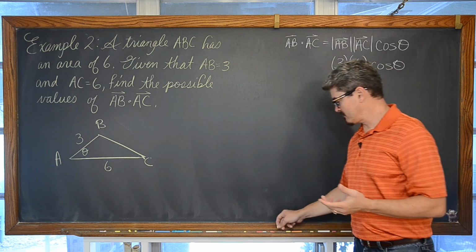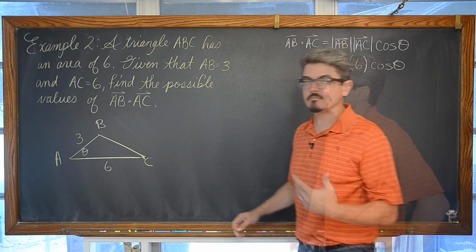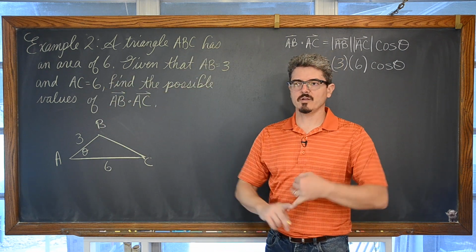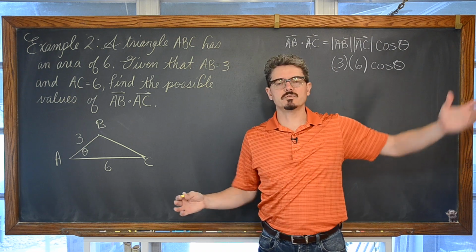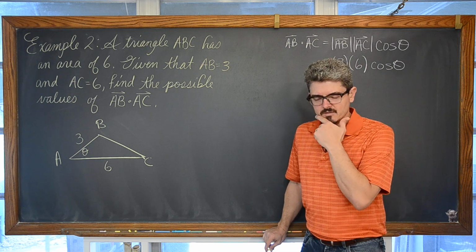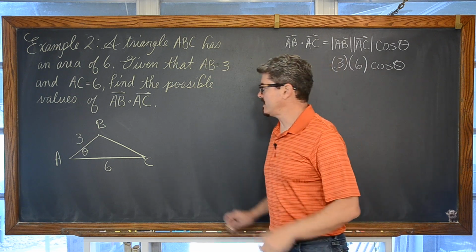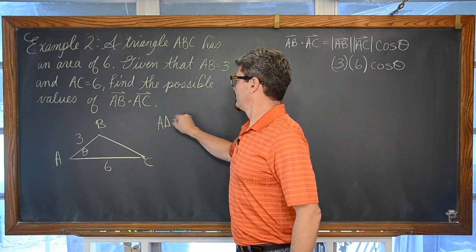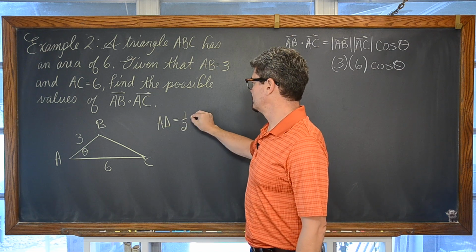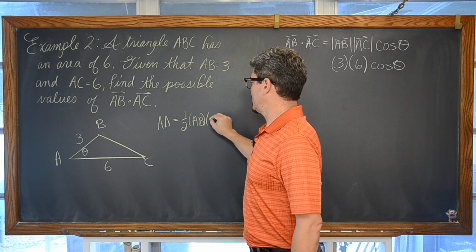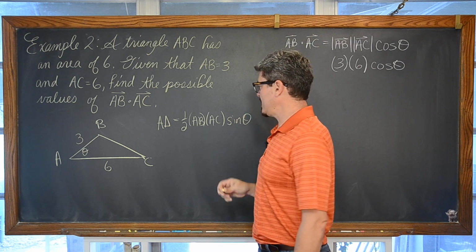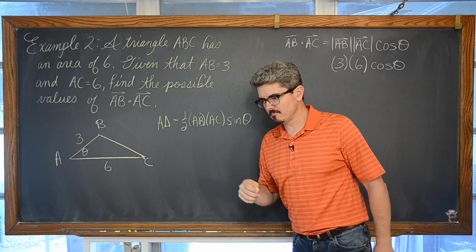We've used everything so far except for the area of this triangle. We have to use that area of 6. Now we have 3 formulas for area. One is Heron's formula, where we find the perimeter and divide it by 2, and then this big long square root of blah, blah, blah. You have simple 1/2 base times height, and then another formula that says the area of a triangle is equal to 1/2 the length of AB times the length of AC times the sine of theta, the sine of the angle between those two sides.